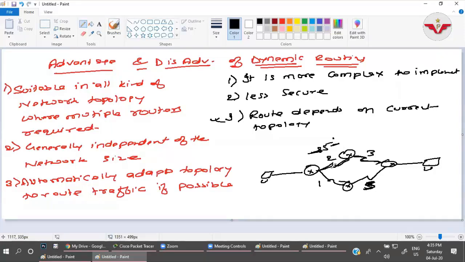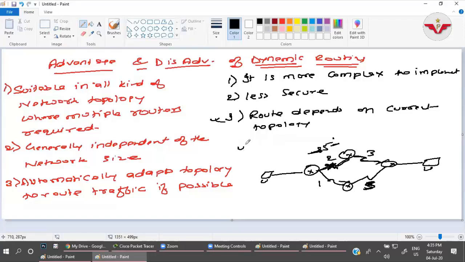But unfortunately, if this link fails, it will select this other path automatically because there is no link for this network. So it depends on the current topology; whichever is working right now, it chooses that path to reach the destination. So this is the third thing.